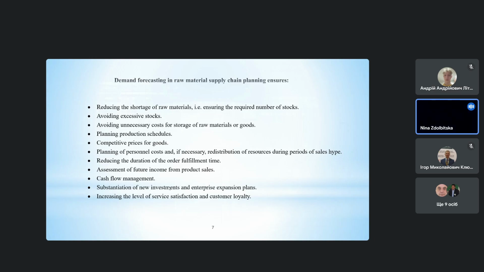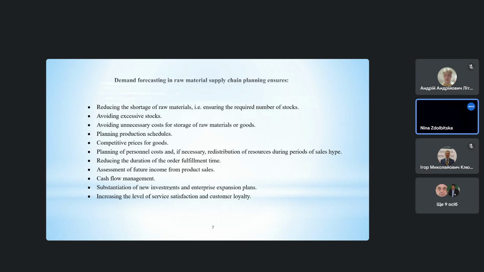Information technology affects the activity of a specific enterprise, which allows implementation of the task of managing the production processes, to improve the information support of the system of forecasting orders for raw materials and demand for goods. Demand forecasting in raw material supply